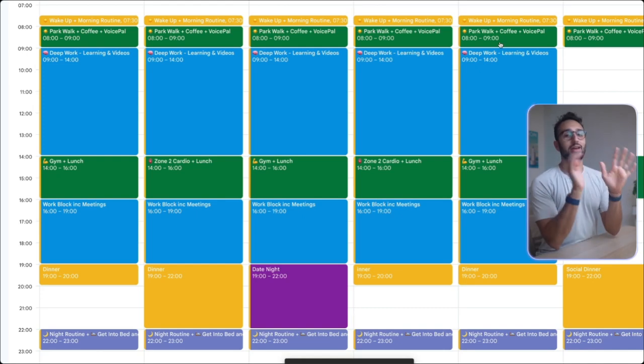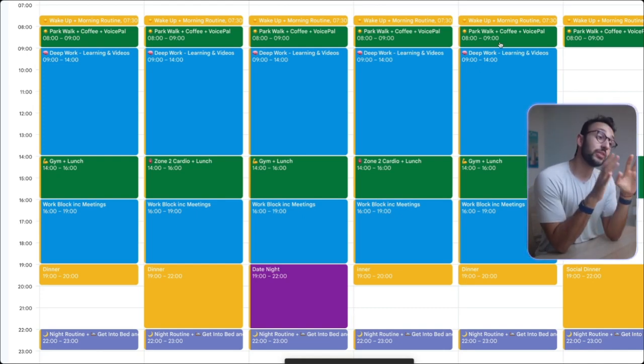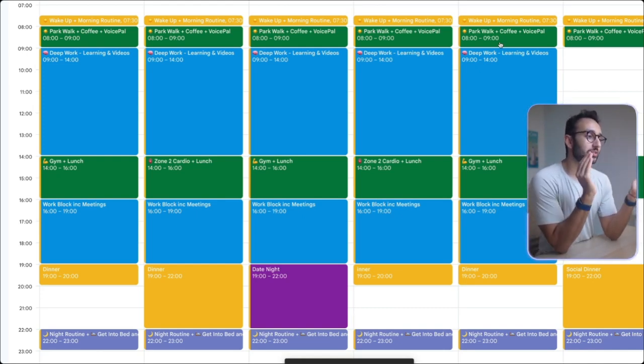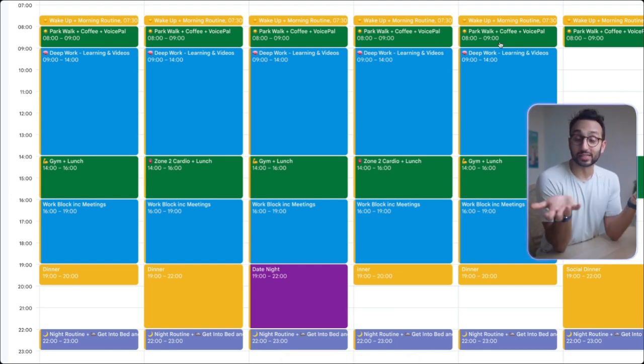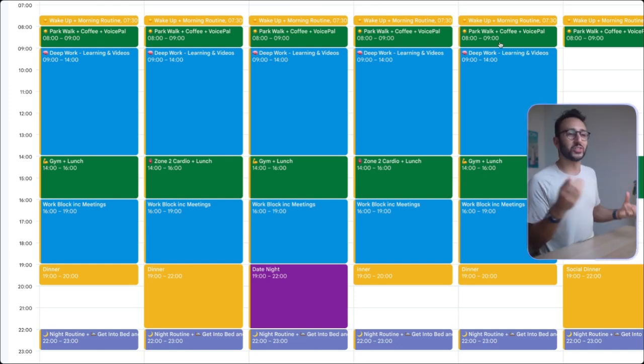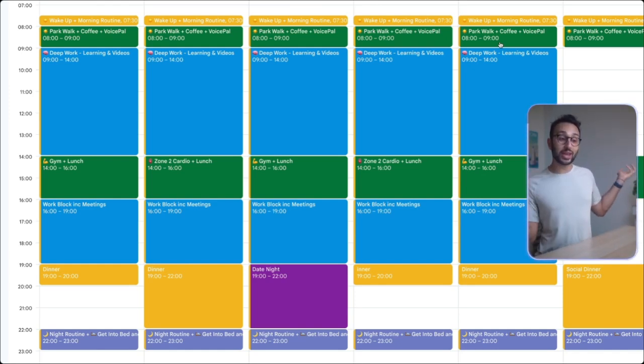But again, the idea is that by having this sort of thing created, you can firstly define what your ideal end state looks like, based on my current context, this is what the ideal looks like. And then each week you can just see how close you are to that ideal. The goal is not to hit this ideal 100% of the time.